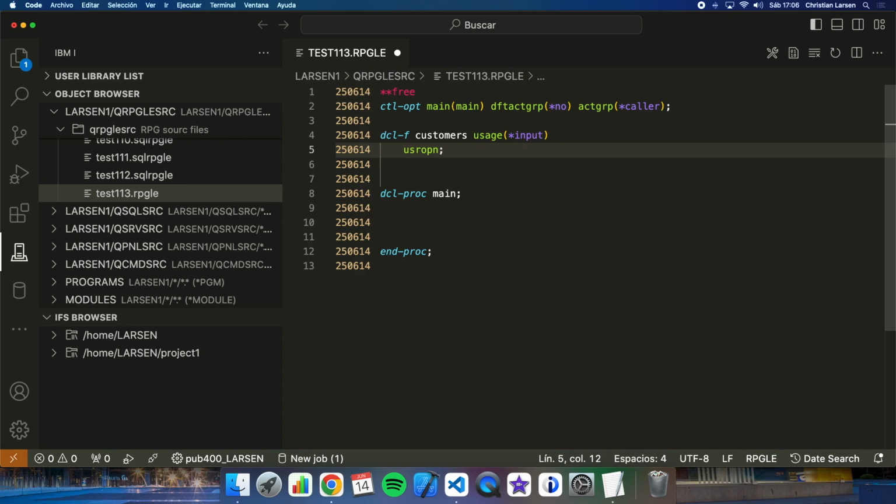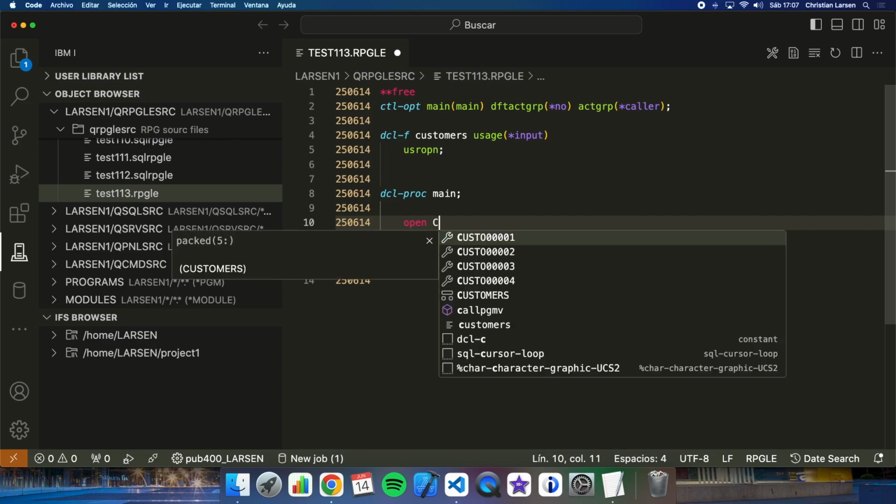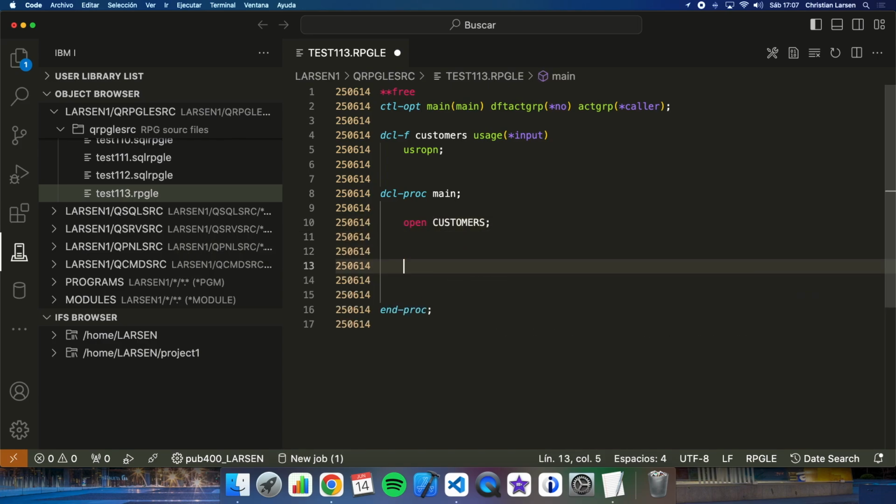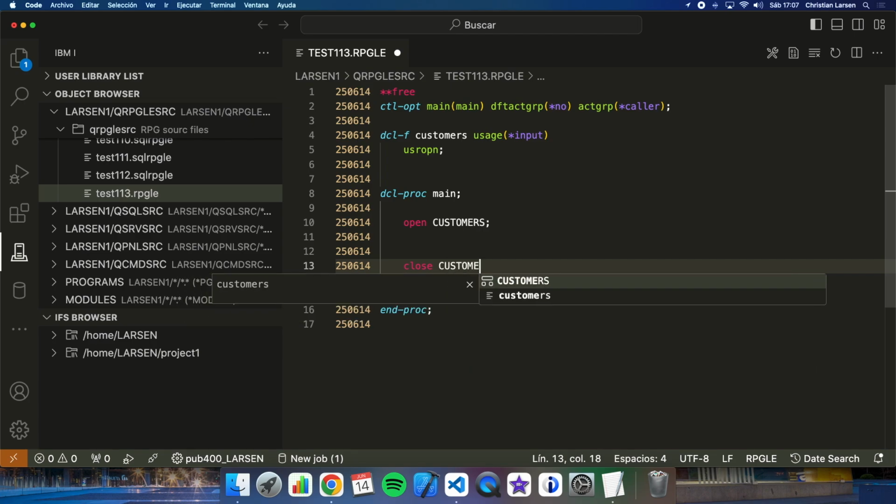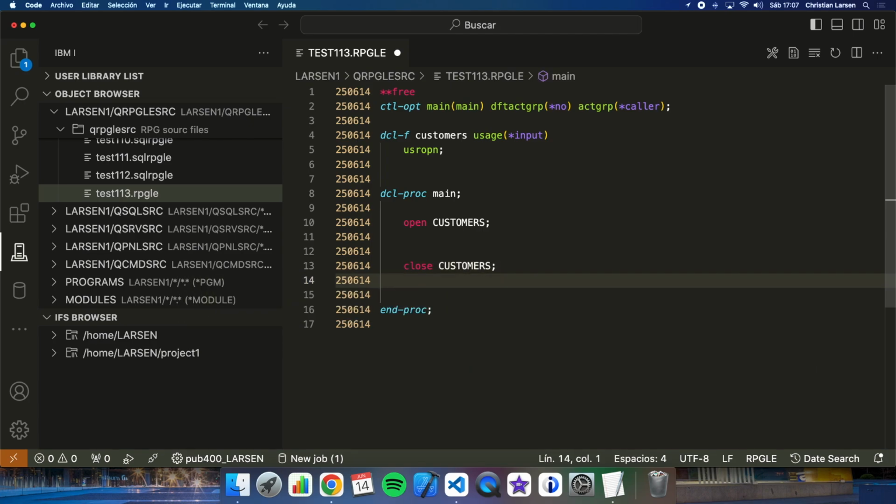But why would I need to open a file manually if RPG opens it by itself? Well, this is ideal when you need to open a specific member dynamically, or you want to apply conditions to opening and closing, etc. Okay, so for example, we can do something like this here, customers, and after making our different options, we can close the file this way. Okay,